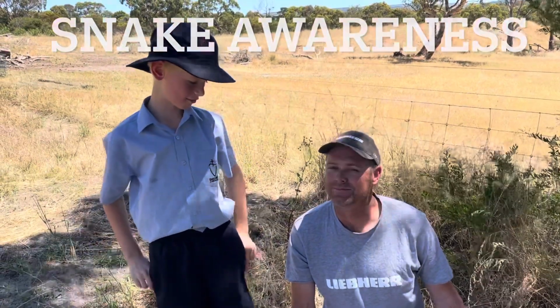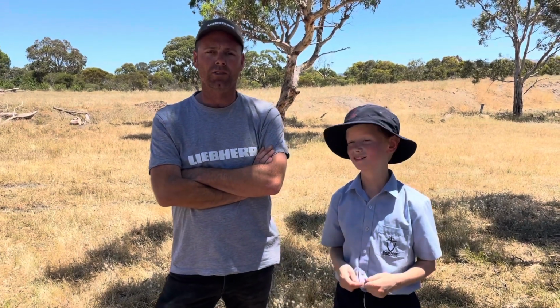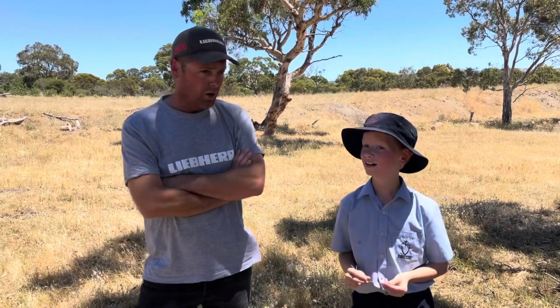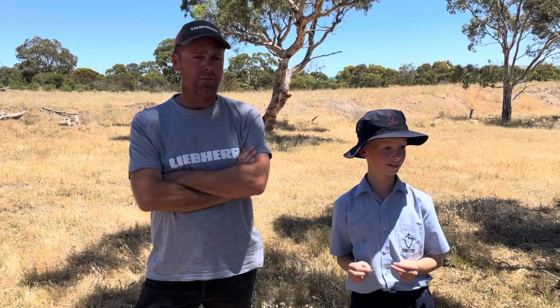...is my dad, and today we're going to be learning about how to be snake aware. We're pretty lucky here in Australia to have a wide variety of reptiles and snakes. And some of the snakes that you'll find in this region, on this bush block, are probably the eastern brown snake,